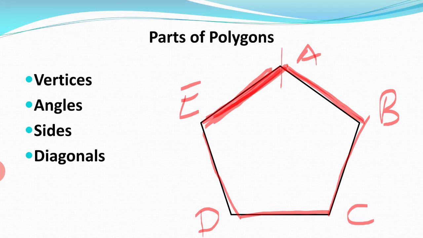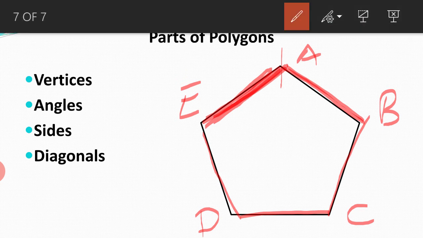Now what are diagonals? Diagonals are very important and you should understand and learn the definitions as well. Diagonals are the line segments starting from vertices only, but they are the line segments joining two non-adjacent points. Now which is the non-adjacent point of A? It is C. So if I join A and C, I get a diagonal. Which is another non-adjacent point of A? It is D. So if I join A and D, I will get a diagonal.